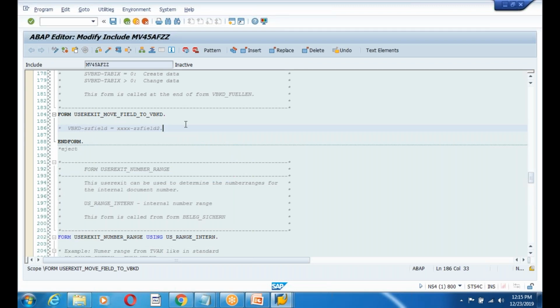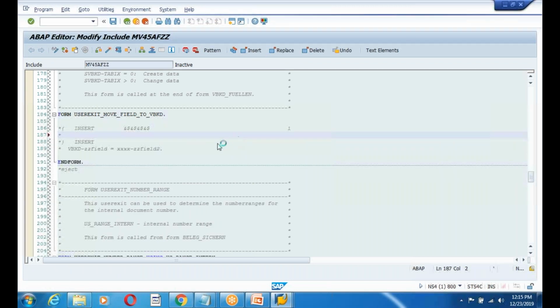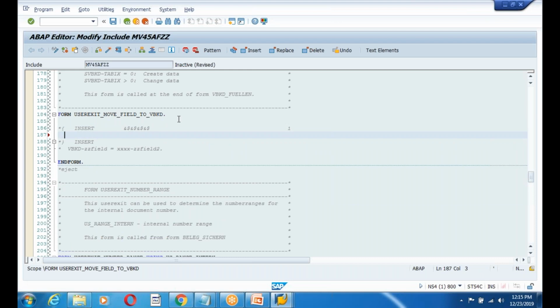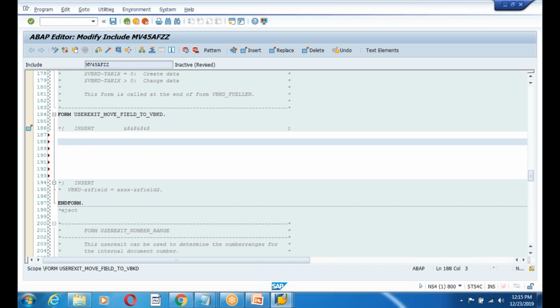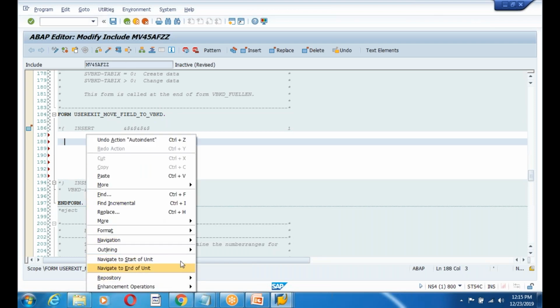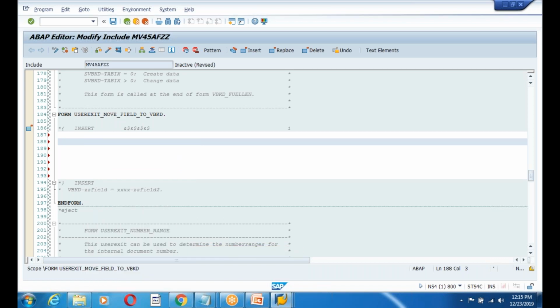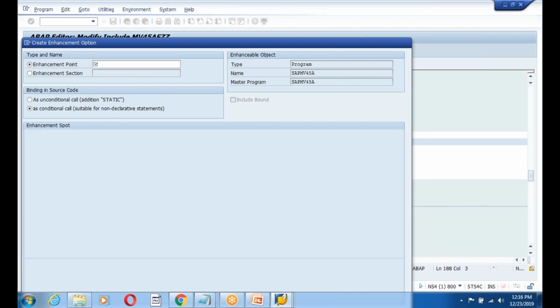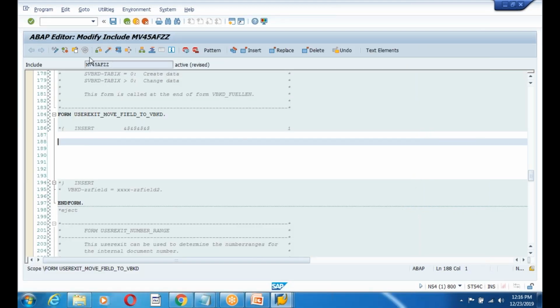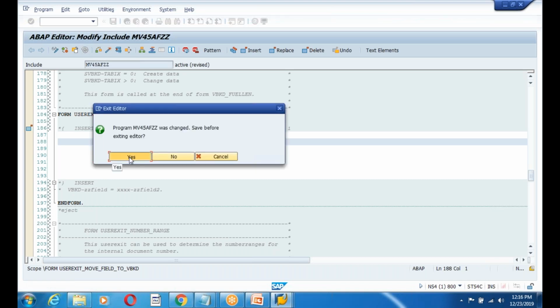and don't do the direct modification. Instead of that, I'm going to create my own point, guys. My own point I'm going to create over here. And create. What is the right click? Create enhancement operation and create the option. So there are two ways. First, check for the implicit. Don't go for the explicit immediately, guys. Sorry. First, you need to check for the implicit enhancement. Okay. So if you want to check for the implicit enhancement, click on the spiral and